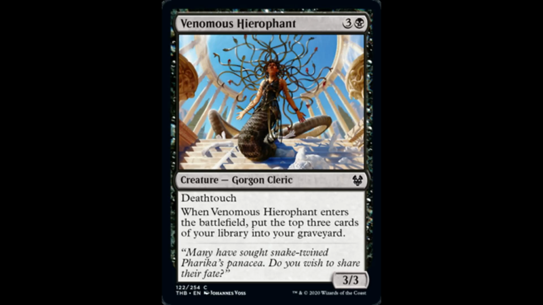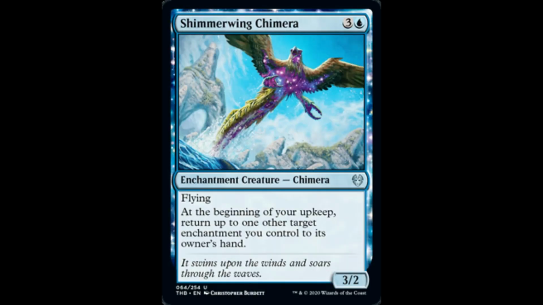Lastly, this is a card I actually talked to someone about, and I thought it was really interesting, the interactions you can do with this card. So I have, at number 3, Shimmerwing Chimera. 3 and a blue for an enchantment creature Chimera at uncommon. It's a 3/2 flyer, so that's already playable in a control deck as one of your creatures that'll deal some damage. At the beginning of your upkeep, return up to 1 target enchantment you control to its